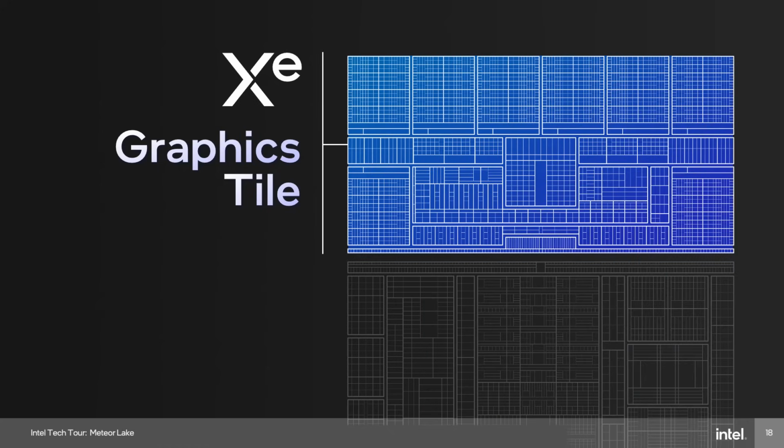Now, the cool part is the graphics gets its own block. So depending on the market segment, you can have different tiles that you assemble to create market-specific variation. So it's a whole new world enabled by disaggregation, and we're just at the beginning. That's pretty cool. So depending on which market you're serving, you can provide a completely different set of products. Disaggregation has the potential for micro targeting of silicon. Now, again, in Meteor Lake, we're not going to be going crazy. This is our first step, but I really do like the way the architecture opens us up for optimization on the power side and also on the performance side.